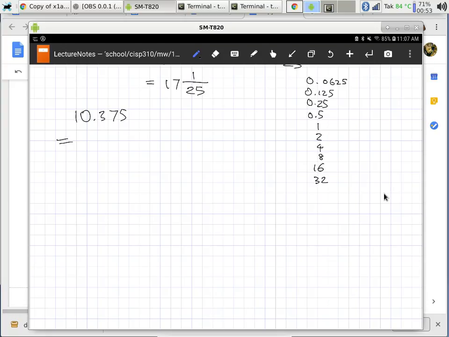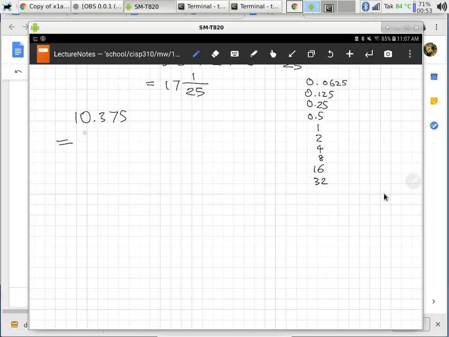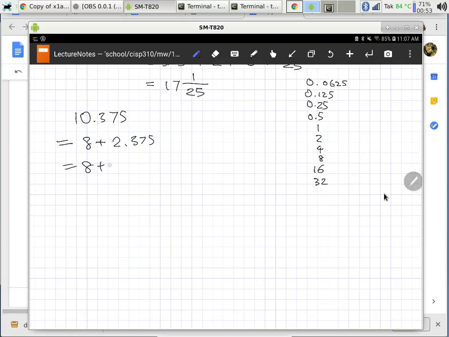So now I look at these values. I look at 10.375 and go like, okay, so what quantities do I need on this side to make up for that quantity over there? We always start with the bigger ones. So we pick out an 8 first, right? If you want to go really, really step by step, you can say it's 8 plus 2.375. Then we go like, okay, what about this 2.375? Which value should I pick as a power of 2? Well, that's kind of obvious, the 2, right? All right, so now we have